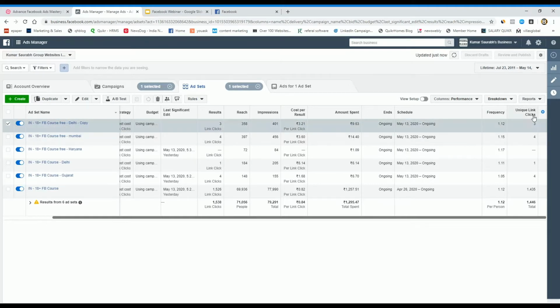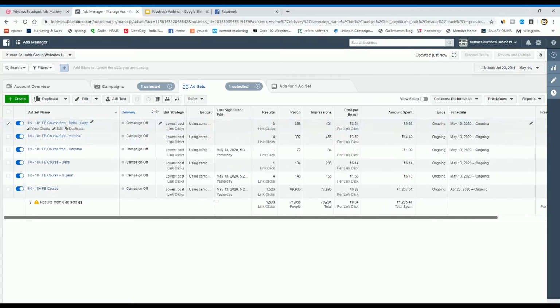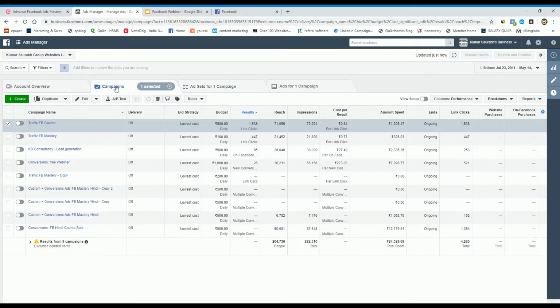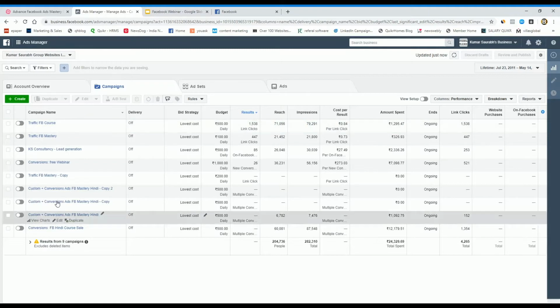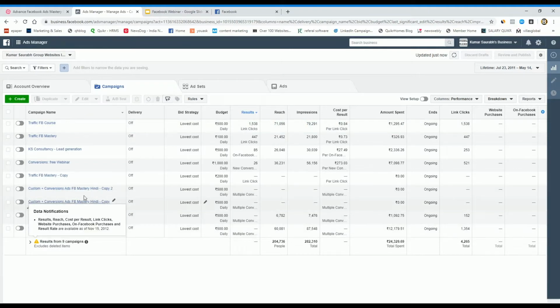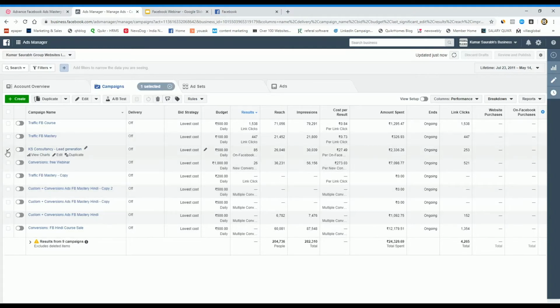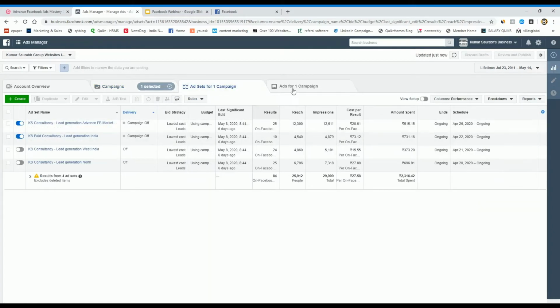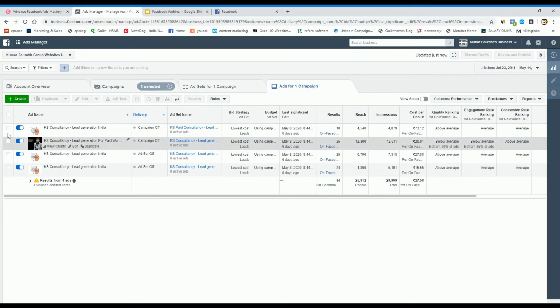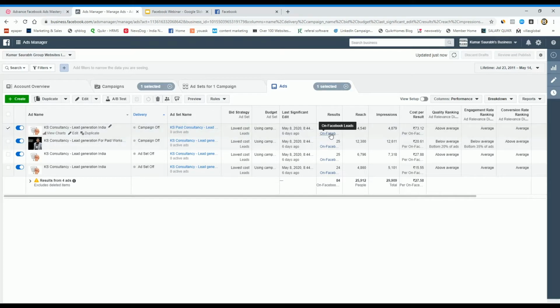Then unique click, right? And if you would like to download your lead, just click on campaign, lead generation campaign. Okay, let me choose some of my lead generation. Okay, so this is a lead generation campaign. Okay, then you have to go to the ad, particular ad selected, and you can download.